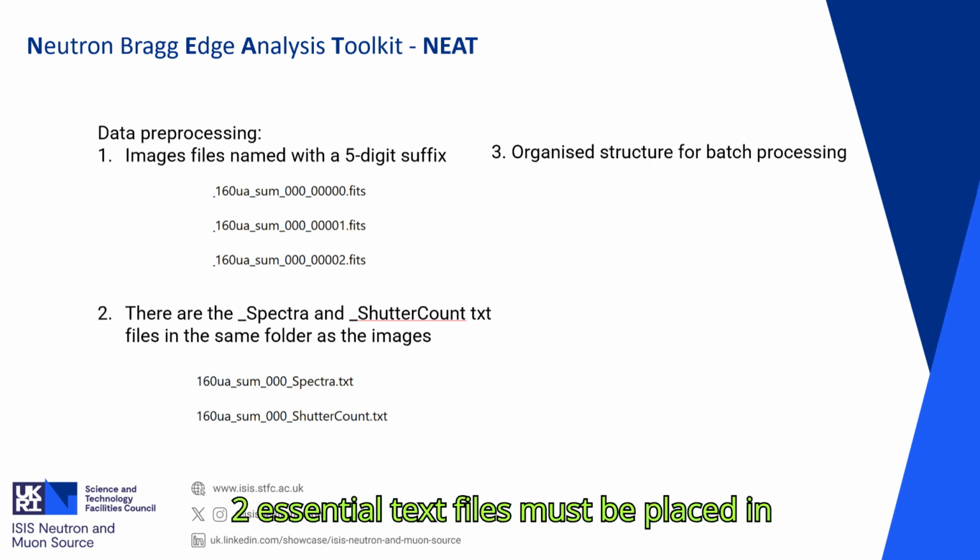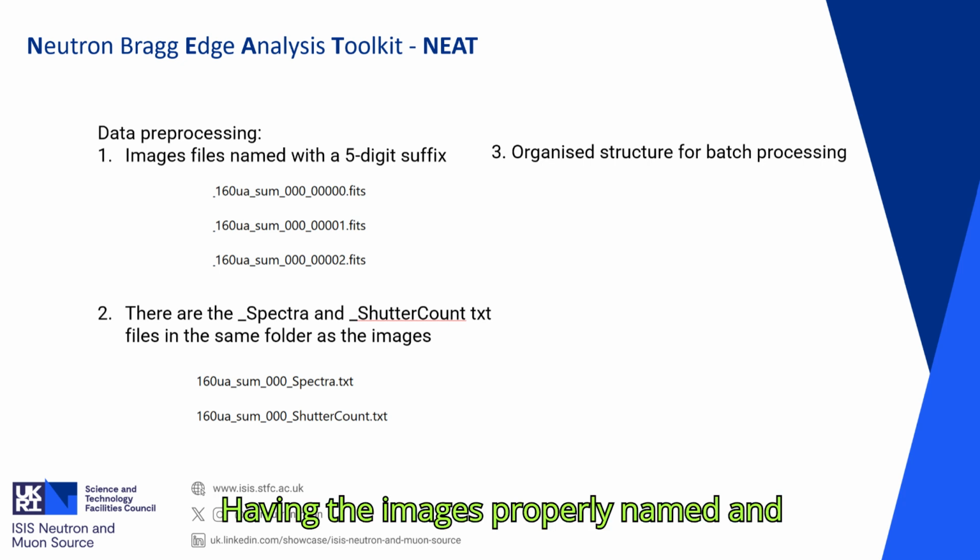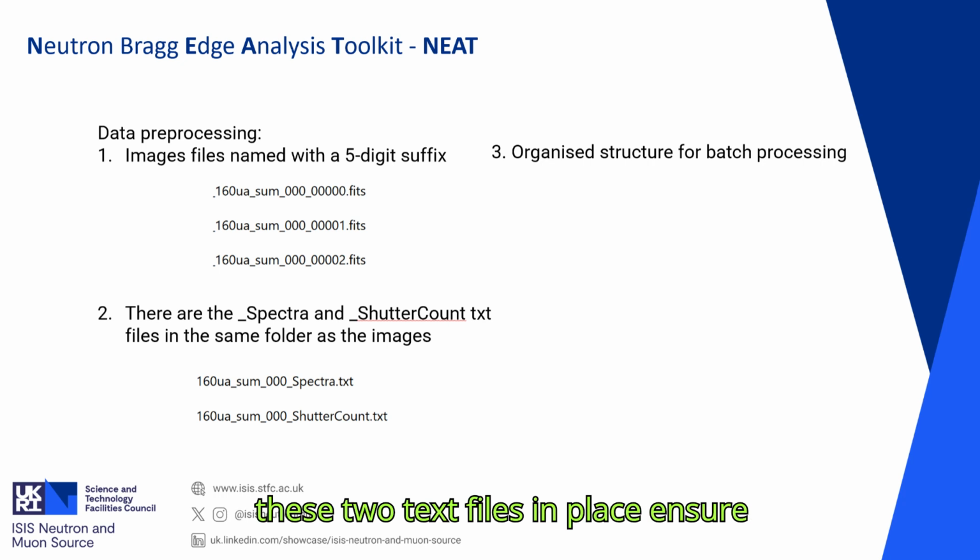Second, 2 essential text files must be placed in the same folder as the images, one called spectra.txt and the other called shuttercount.txt. Having the images properly named and these 2 text files in place ensure that the processing runs